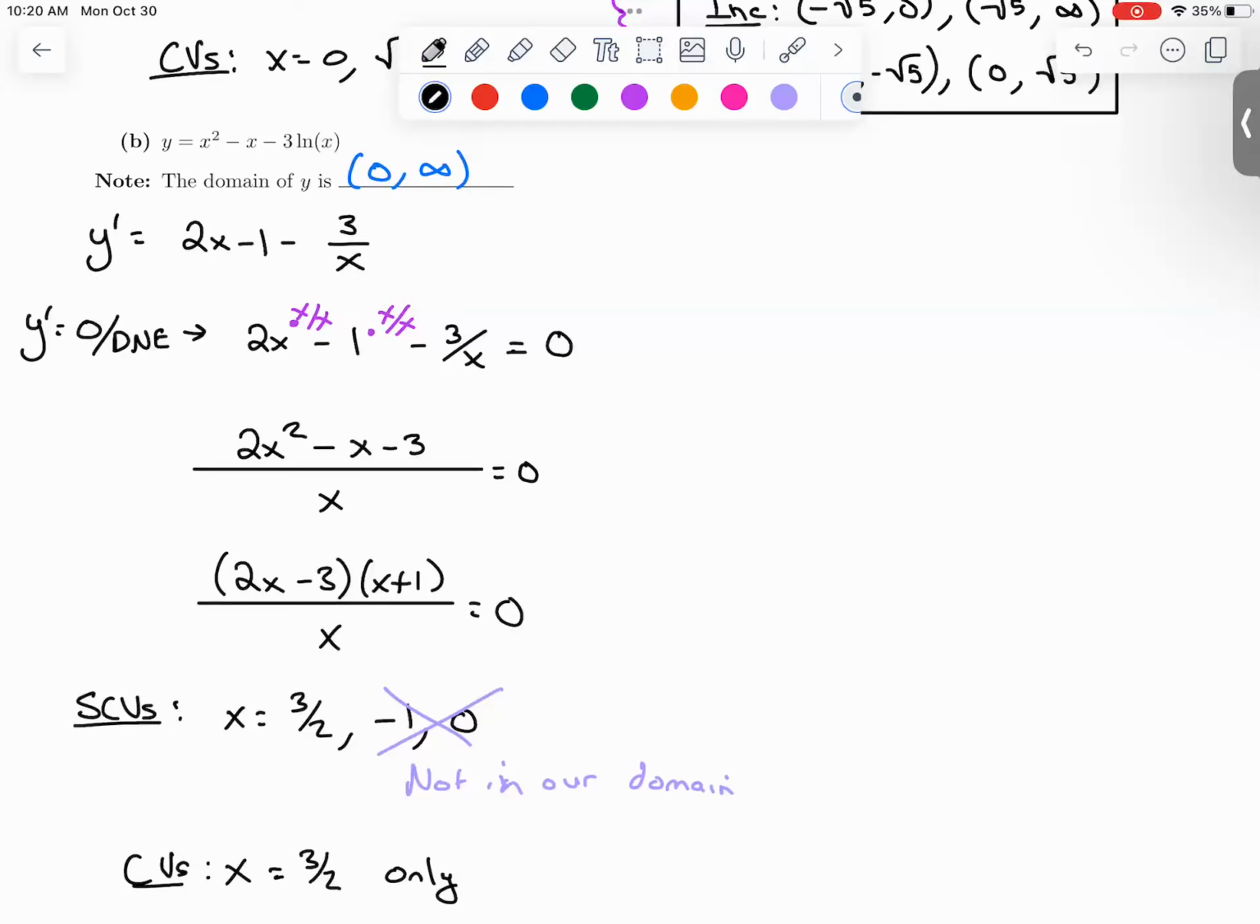So the only CV, the only critical value that we have is 3 halves. -1 isn't in the domain, and 0 is on the cusp of the domain, but it's not included. The function does not exist at 0. So when we make our number line,